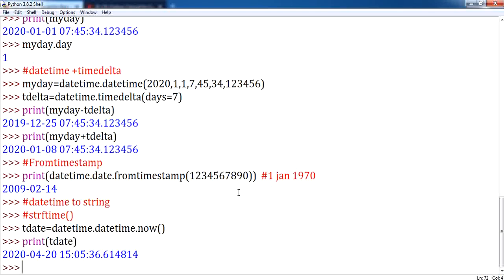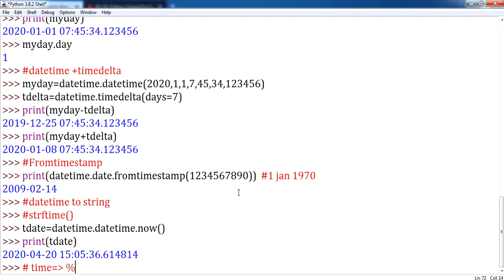Now I want this data in a customized format. If you want to display the data in a customized format, there are certain access specifiers, and you are supposed to be clear on those. In case of time, we have hours. Hours is denoted by using %H.